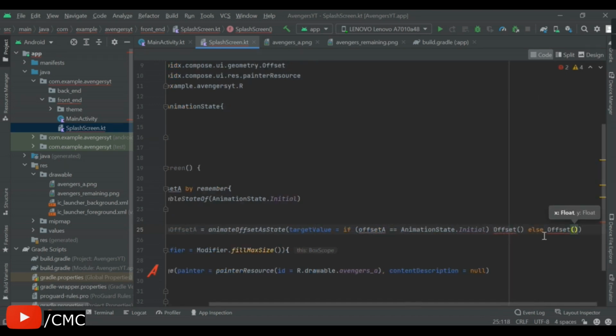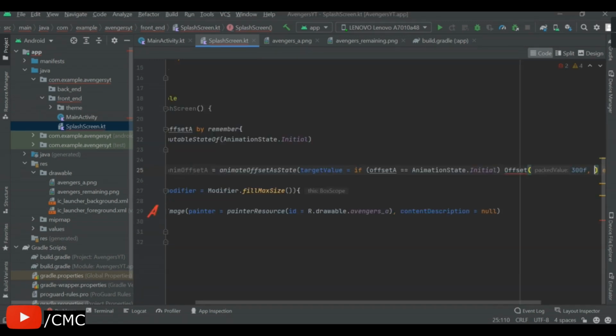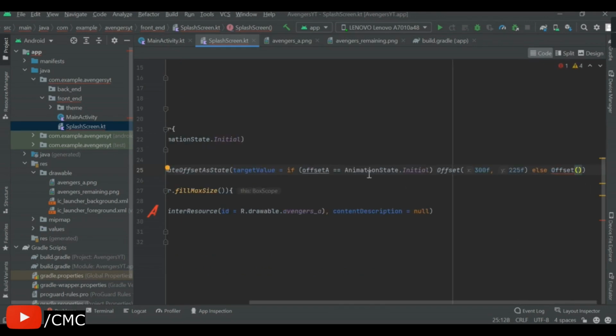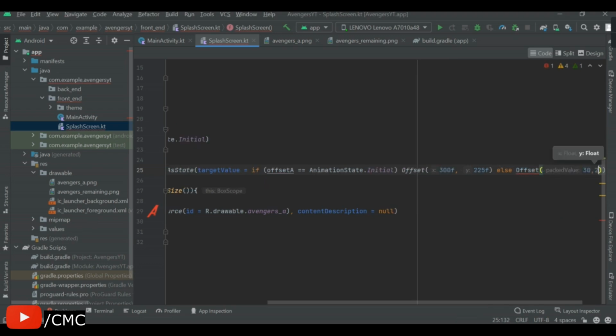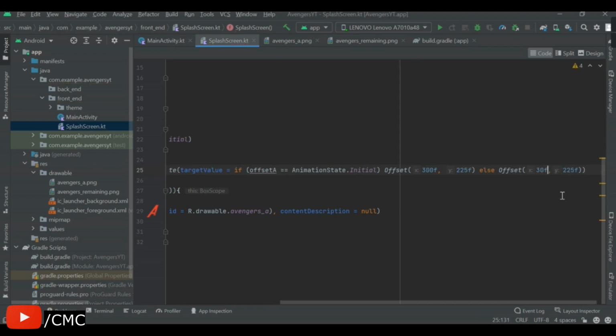Now how do you get these offset values? Well, to be honest, I got them by trial and error. For me, these values are 300F and 225F. Similarly, when the offset A is not initial state, it's in the final state, then we need 30F, 225F. And the thing here to notice is that